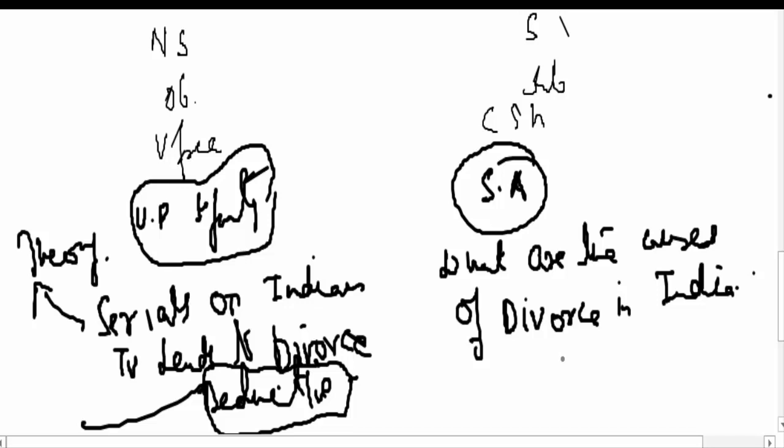Whereas in the interpretivist or phenomenologist, or qualitative, research, we ask what the causes of divorce in India are. We don't know. We say there is not a single reality. In the other case, we say there is a single reality: the serials on Indian television, especially on Star Plus, which have a lot of conflict, the Saas Bahu and all those things that will lead to divorce.